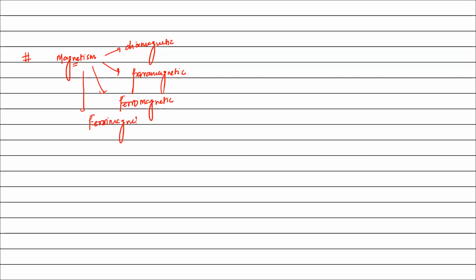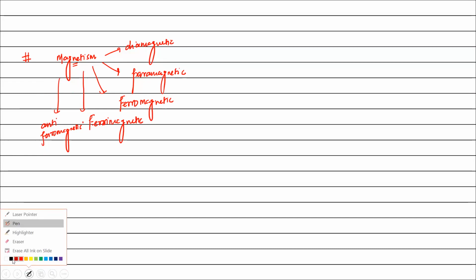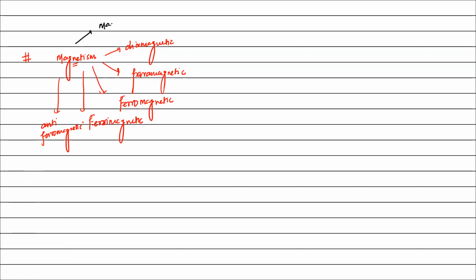ferrimagnetic, right? And another is anti-ferromagnetic systems, anti-ferromagnetic compounds. Another most common topic, the most common question which is asked from magnetism is from another topic called magnetic susceptibility, right? Paramagnetic susceptibility. Also, another thing that we have to study in magnetism is